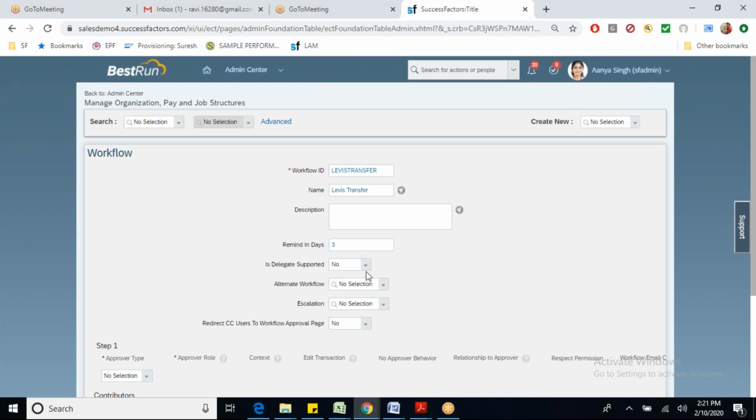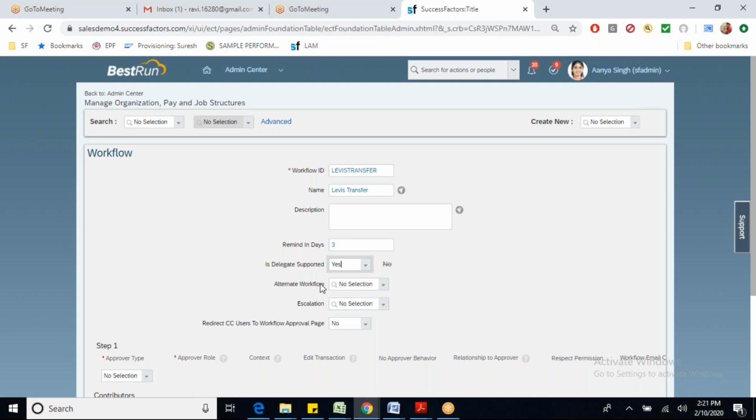I can say yes or no. If I say yes, the approver will have the option to add a different approver or to replace the approver. Now it went to Ravi. Ravi can replace it with maybe Sai. So is delegate supported? Yes. You'll have a delegate button there.